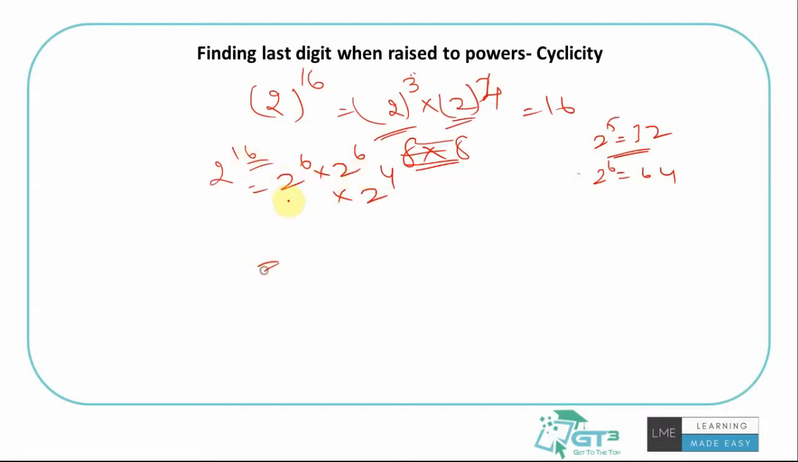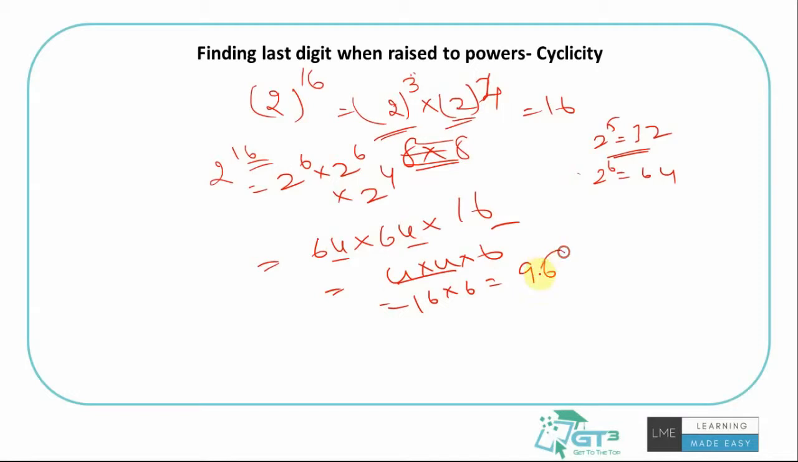I can split. I know 2 power 6 is 64, and 2 power 6 is 64, and 2 power 4 is 16. So that's fundamentally looking at the last digits: 4 into 4 into 6. 4 4s are 16, into 6 is 96. So the units digit is 6. Yes, it's taking time. What if the question is asking you what's the last digit of